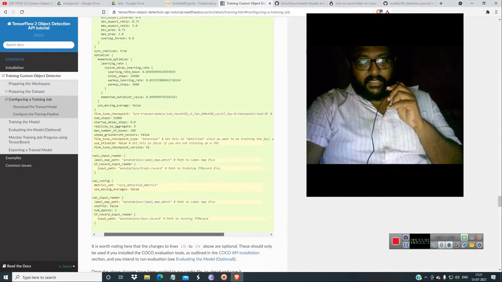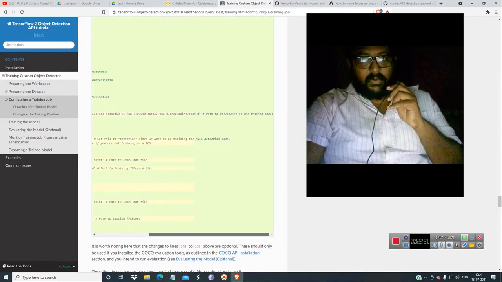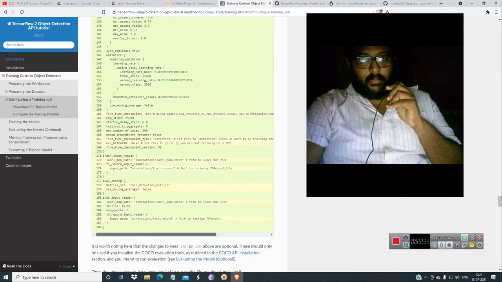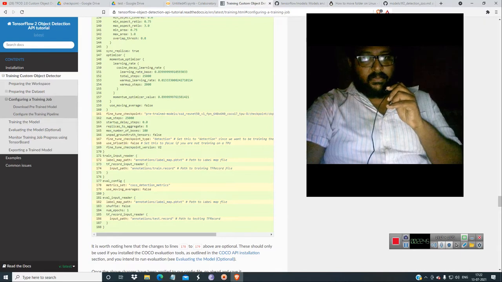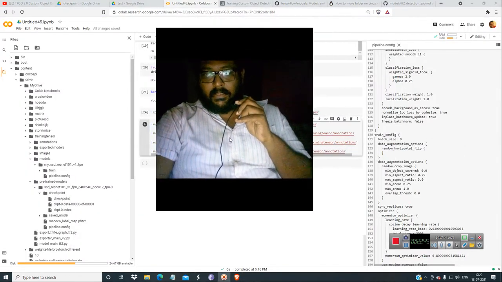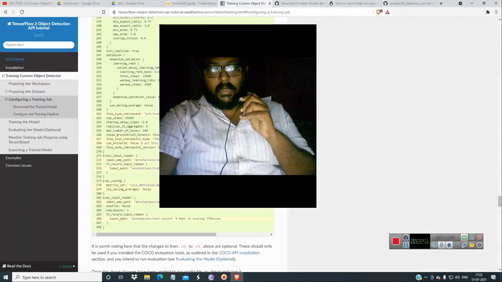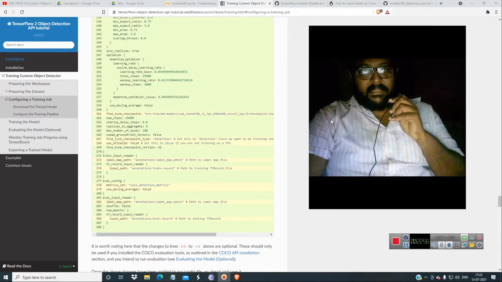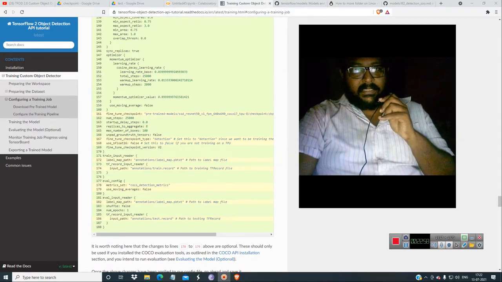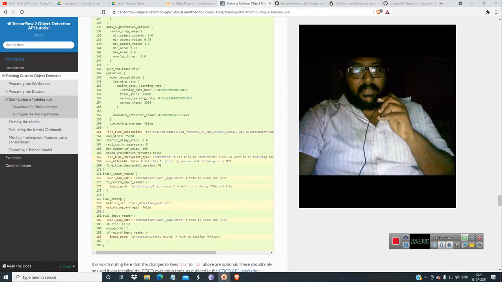So this fine tune is checkpoint 0, path of the pre-trained checkpoint. Okay, it can fine tune the checkpoint type, this and all are not needed. So label map pb.txt or test.record and all those things have to be given. So now just come here. So what to do? So you have to use the CKPT, and in this CKPT checkpoint where to give.